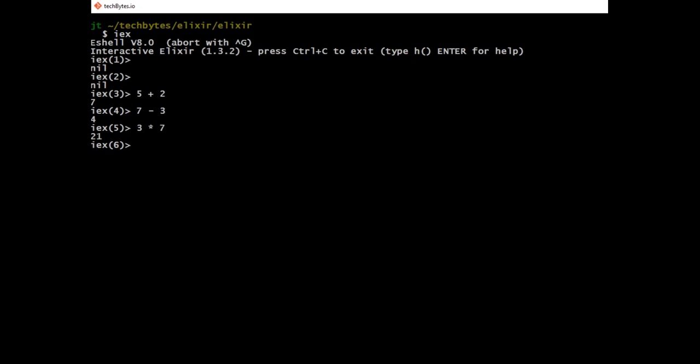Now let's look at the division. So if we did 30 divided by 5, notice you get a floating point number there, which is 6.0. If you wanted to get just the strict integer and not the floating point number, we would do div 30, 5. And there you can see you don't get a floating point number back, but you do get the integer back. So it really comes down to what you are expecting to get out of the equation,